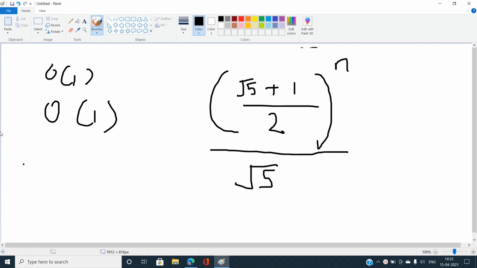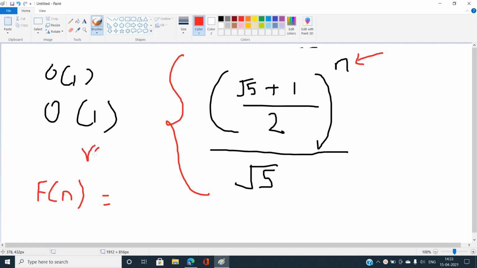If you calculate the rounded value of this number, then you get the f of n value, that is the nth Fibonacci number, where n is the nth Fibonacci number that we need to find. So you calculate root 5 plus 1 upon 2 to the power n, divided by root 5, perform the round operation on this value, and then you get the nth Fibonacci number. So let us move further to the coding part.